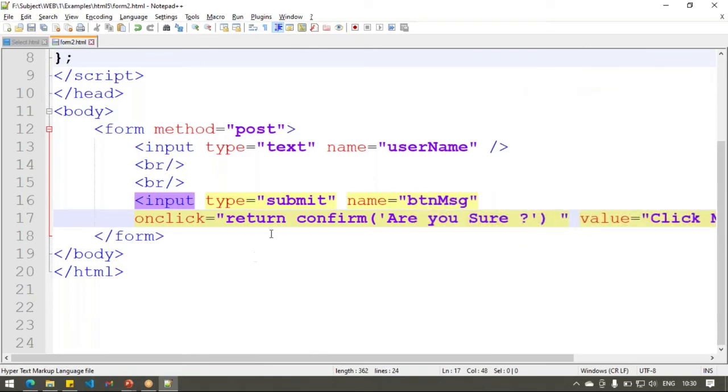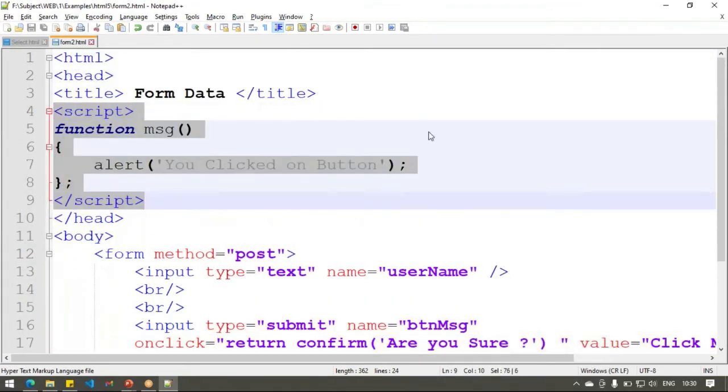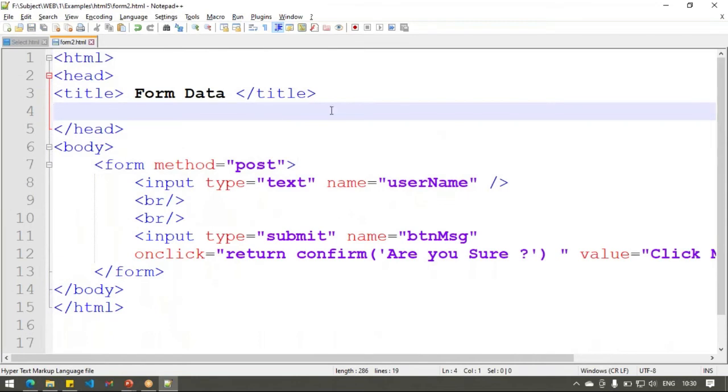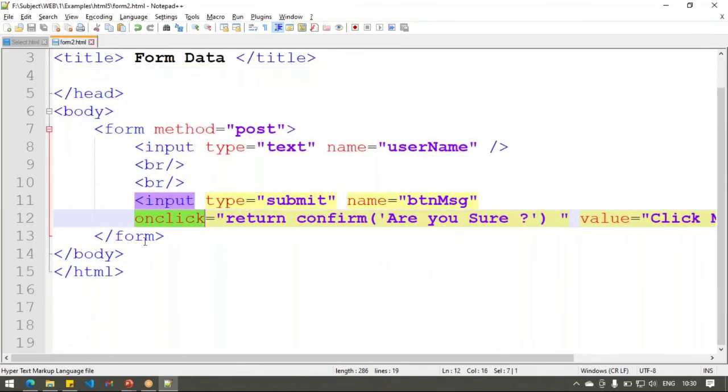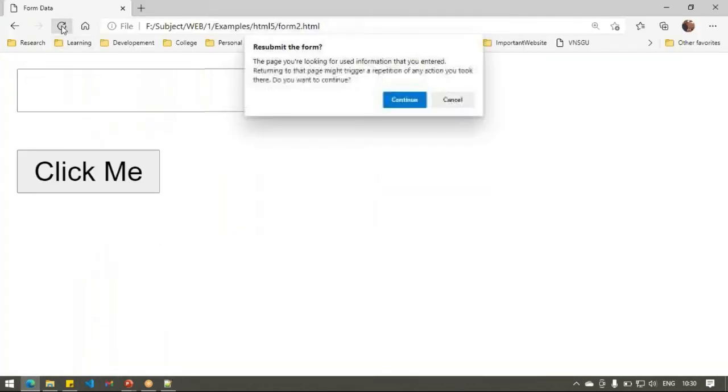I'm just using direct script, I'm not specifying a separate script. So what I'm doing is on click, I'm confirming that are you sure you want to submit. Let's see what happens. Refresh this.